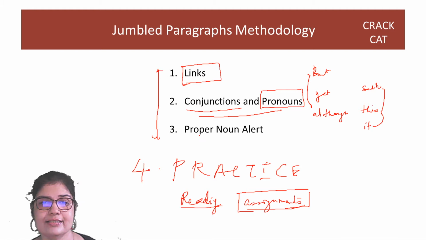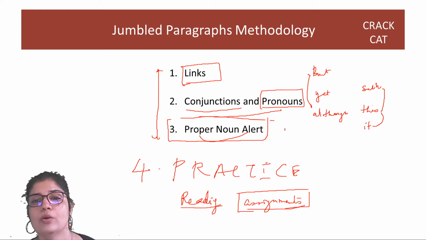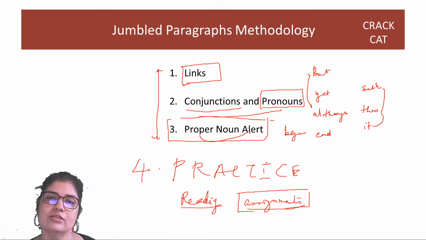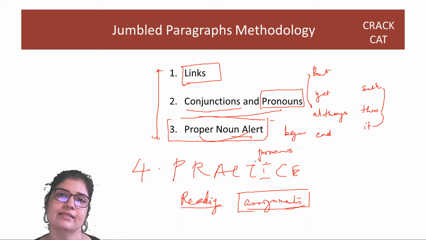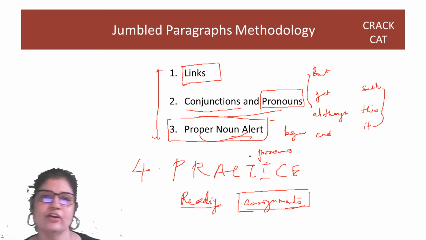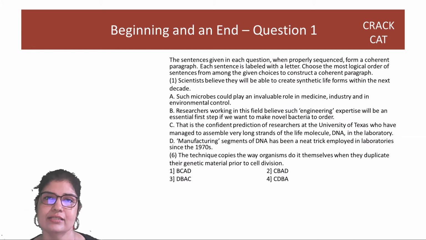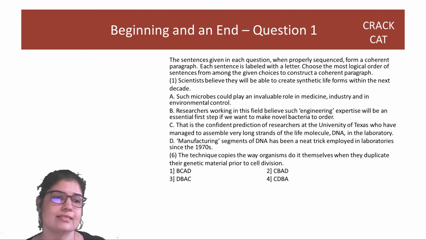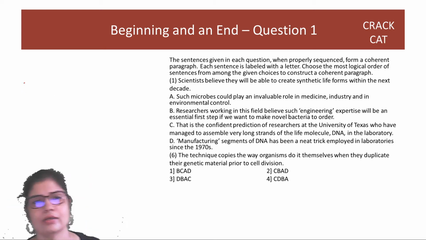And let me take this time to tell you कि proper noun के लिए आप हमेशा alert रहिए. Proper nouns usually come more in the beginning of the jumble paragraph than in the end. Because once you explain what something is, then only you will start using pronouns for that proper noun. So these are the things that you will look for, guys, right? So let us straight away jump to questions, and we'll start off with the easier type where you have a beginning and an end, and then you have to find the right order. So as usual, please pause, solve, okay, and then we'll do it together.